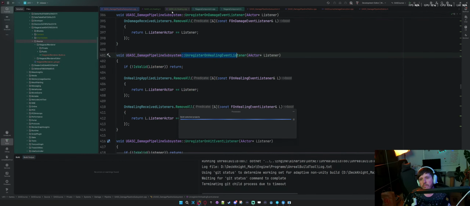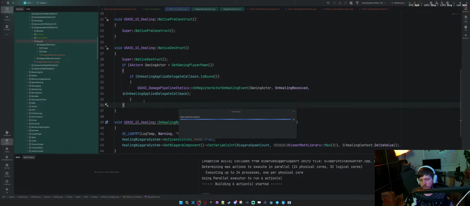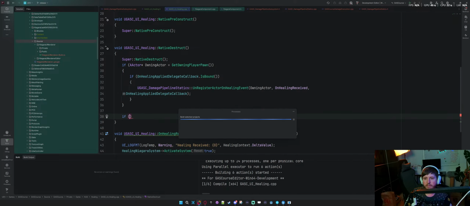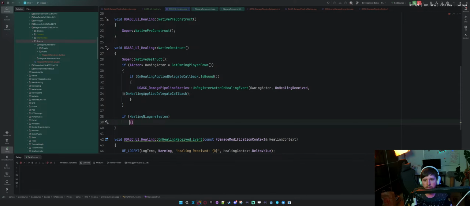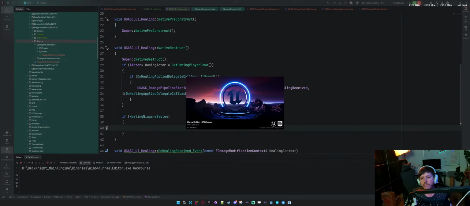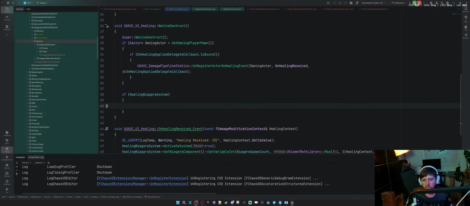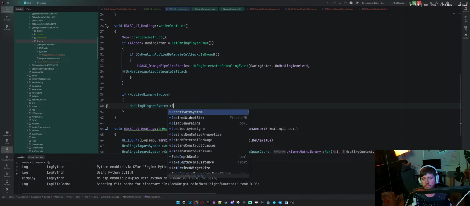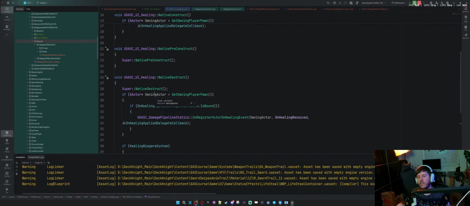Probably also on native destruct I would want to say if healing Niagara system, and I say maybe I want to deactivate it, just to have a fail safe.